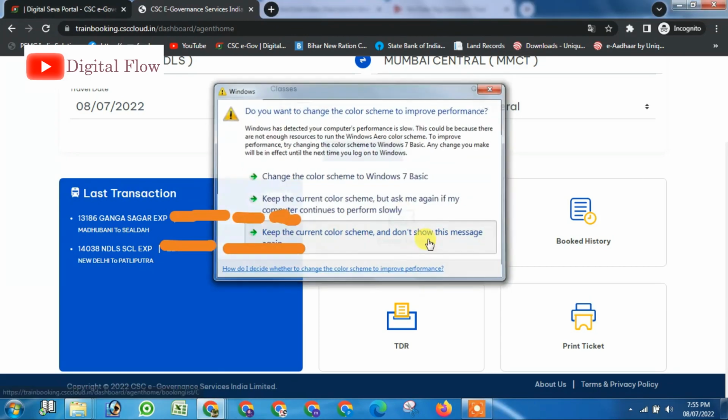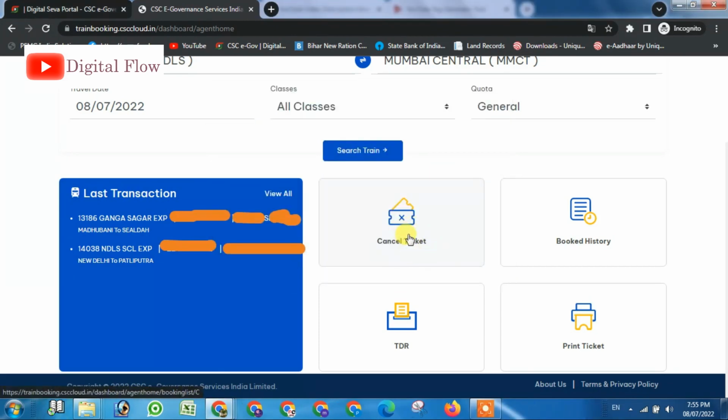If you want to cancel your tickets, you have to click in this section. After that you will get the details of your tickets. You have to select which tickets you want to cancel. After that you will finally get your cancellation. How you will get your refund and where you have to put the OTP, I will show in the next video.